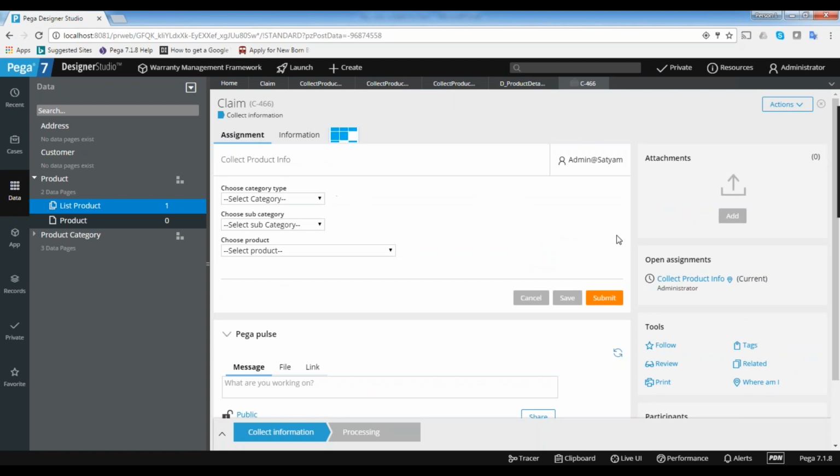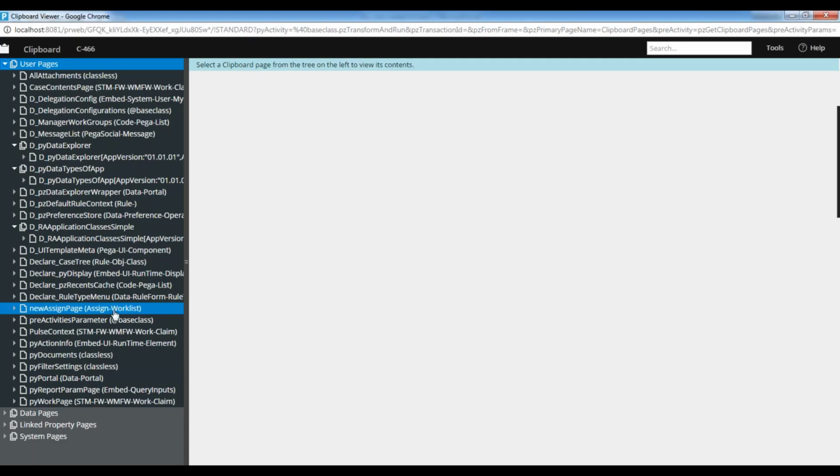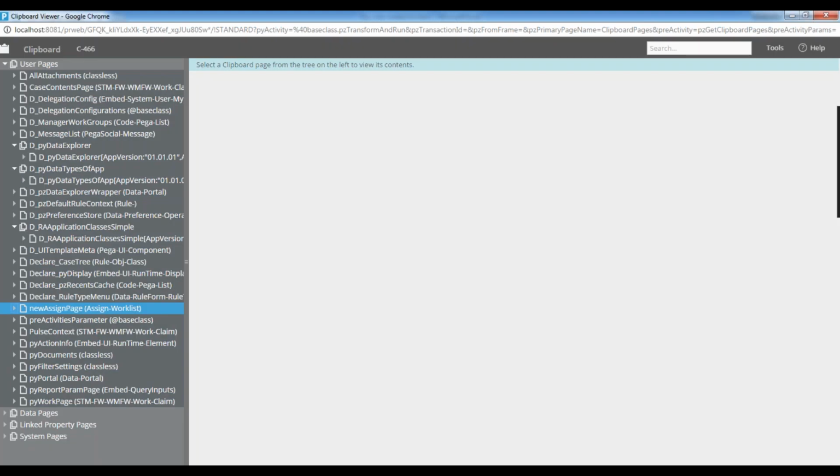So other than your case data, Pega needs to maintain a lot of information to help you in the processing. Those will be stored in these top level pages. For example, the new assign page is there, which is useful to display the open assignment. That is the page Pega uses to maintain this data.